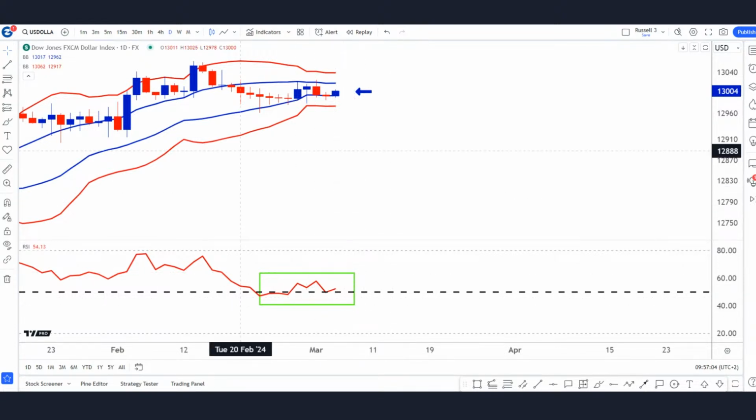Let's take a look at the Aussie. There are two aspects that we're going to be looking at. Kim asked, is the Aussie going to be affected by the gold price? Let's take a look at that, and then we'll see how it's reacting to the US dollar, which is in no man's land at the moment. Let's bring up AUD/USD. So here's the Aussie.